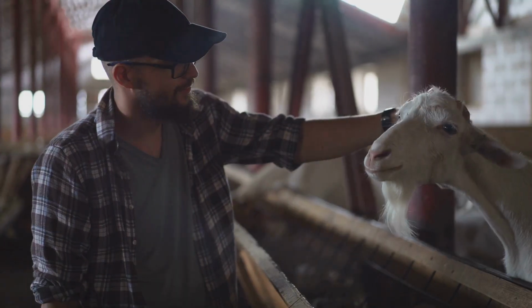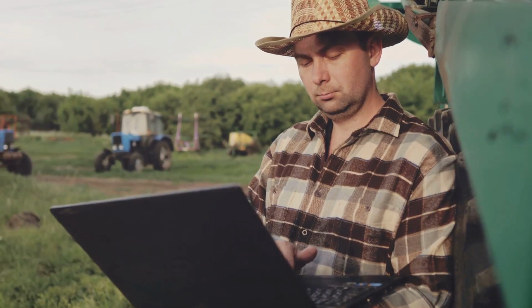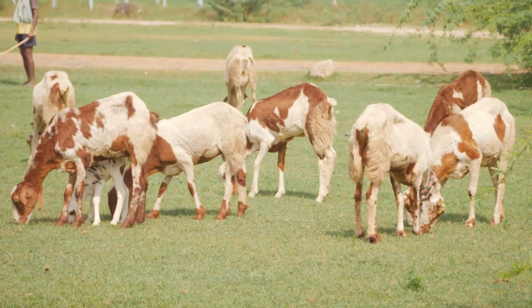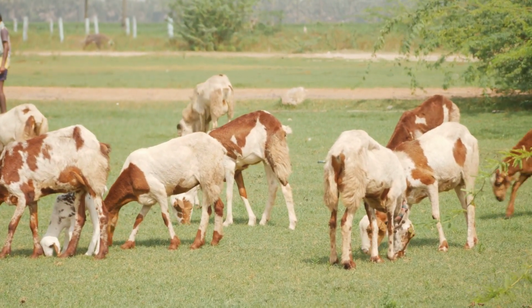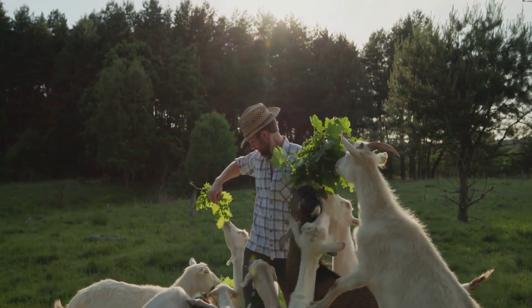Section 6. A sustainable future for goats and farmers. Data analytics is more than just a technological advancement. It's a way to ensure the long-term sustainability of goat farming. By improving animal welfare, optimizing resource management, and boosting profitability, data-driven practices are creating a brighter future for goats and